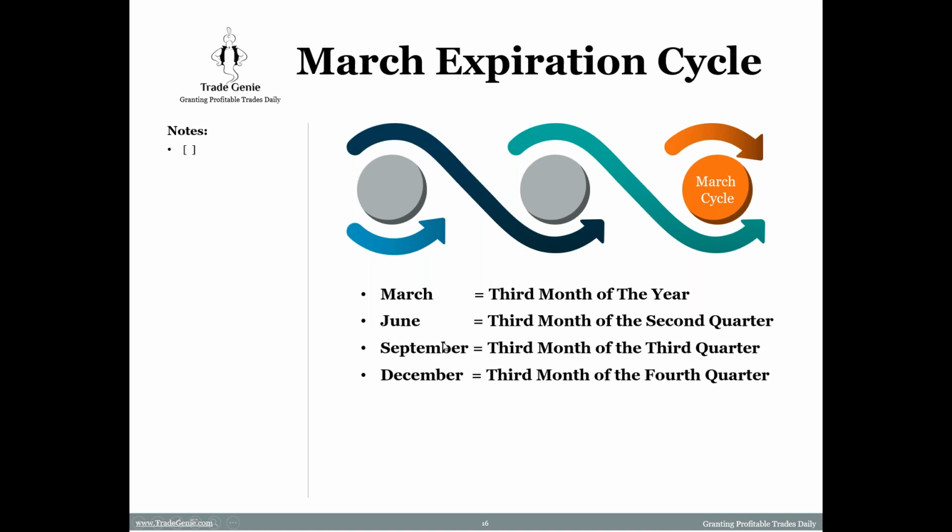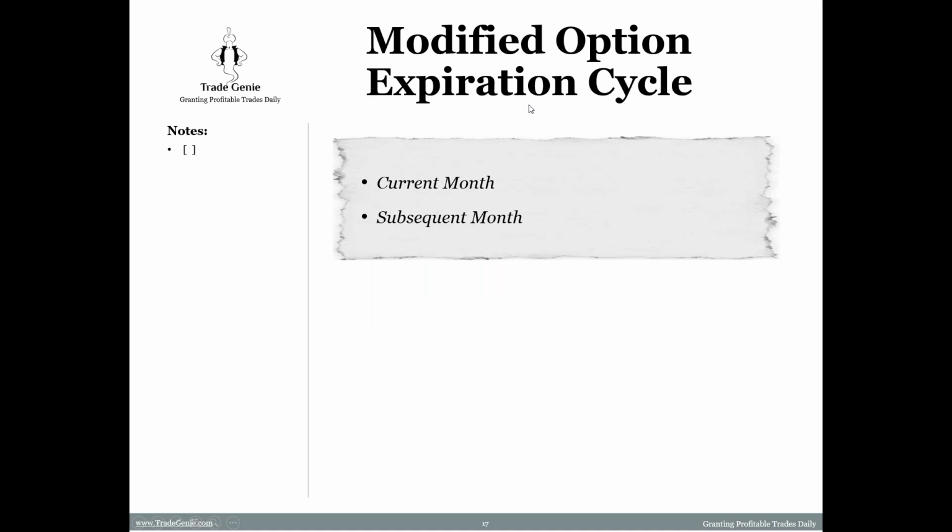We will go into detail when we go beyond March. So what happens? There is another concept, which they call the modified option expiration cycle. Previously, when options were trading, they just had the current month and then 2 extra months. If you have only the current month and no subsequent month, then